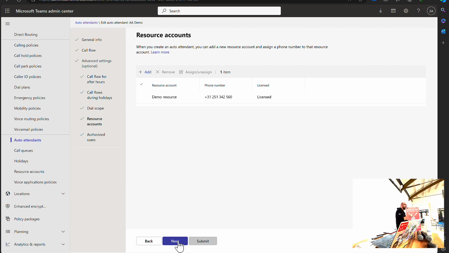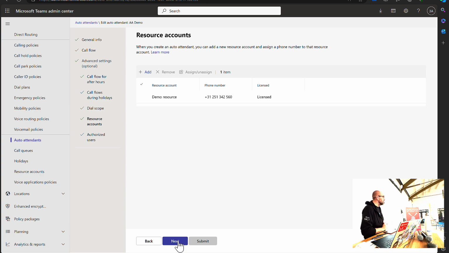A call queue and an auto attendant in Teams is basically just an account. It needs a user account to exist in Teams. It's what we call a resource account. You'll need a license for that. Of course, it's Microsoft, you'll need a license for everything. But this is a free license. You don't need to pay for resource account licenses. And those accounts are basically just used to connect the telephone number to the auto attendant. You can only assign a telephone number to an actual account existing in Teams. So we'll need an account for an auto attendant.